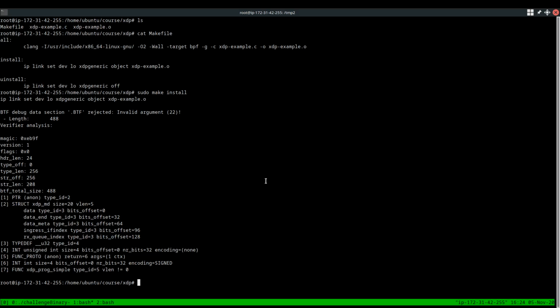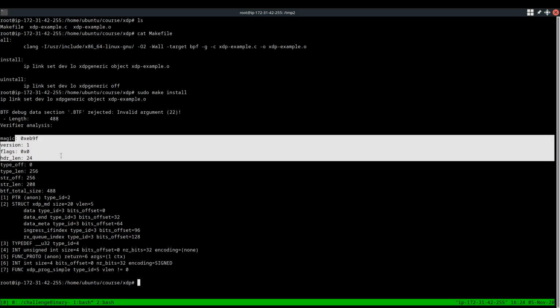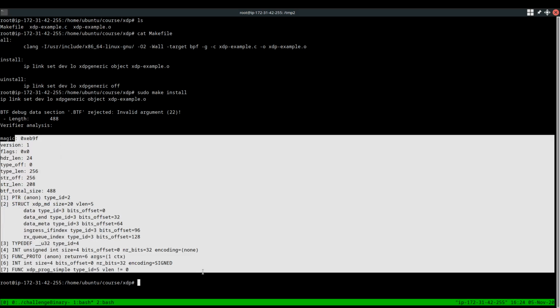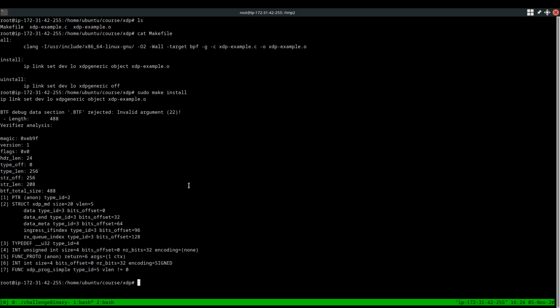You need to enable it in the kernel, and that's not always the case. There was an article posted, I think today or yesterday, where they've now made a lot more progress on it, but there isn't enough information to demonstrate this in a clear way. So for now, you can ignore that. But you can see the BPF verifier is giving us a lot more information now. It's just telling us where it's loaded, any flags it's loaded with, how long it is, and then the data within the XDP application. You can see the function name,